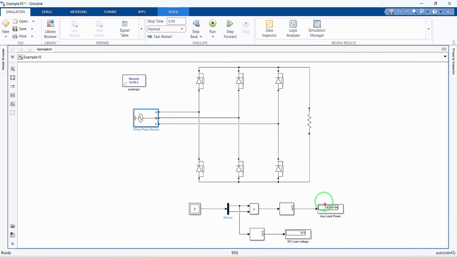Summary. In this tutorial, we learned how to simulate a 3-phase, full-wave diode rectifier and obtain the average load power and average load voltage. Your task: repeat the same procedure for a